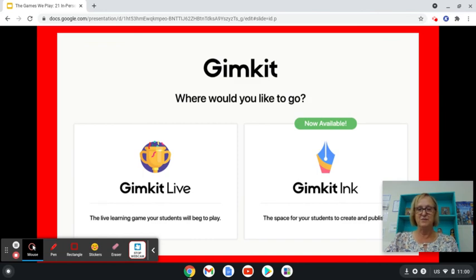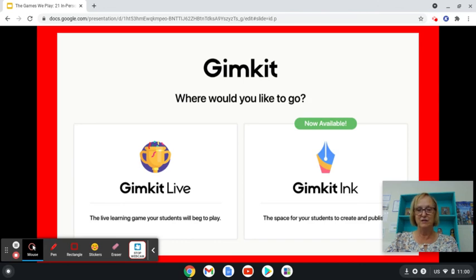Gimkit has become increasingly more popular over the last few years. They have 2 options: Gimkit Live and Gimkit Inc. Gimkit Live is where the students will work in teams or against the whole class, and it's multiple choice.